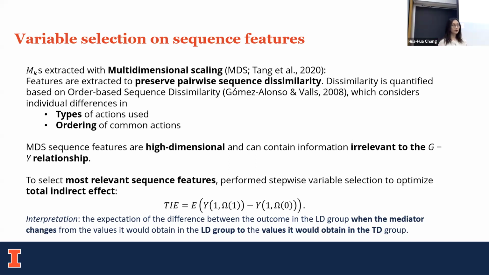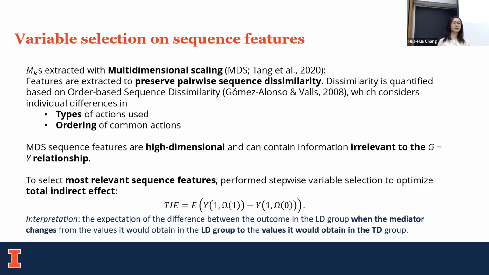They're thought to preserve original sequence information, but they can actually contain information that is irrelevant to the relationship between G and Y, the group membership and the final outcome. For example, in some other exams we found that features sometimes carry information on whether someone likes to single click or double click on a question. Well, that's an individual difference, but that's something we might not be very interested in when trying to explain